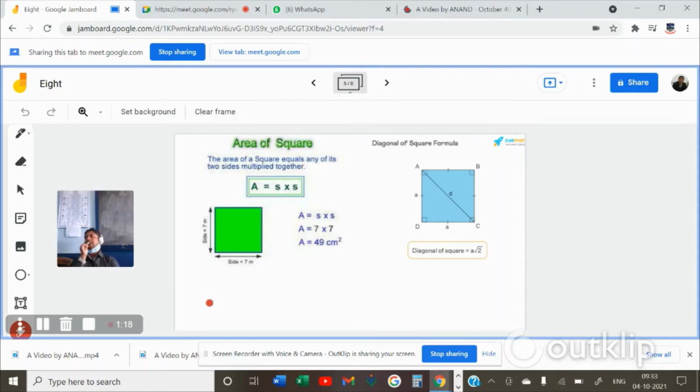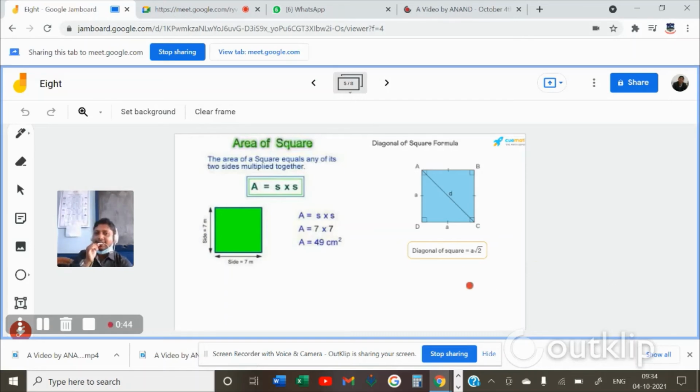How come 7 into 7 is 14? What type of mathematics is this? 49, yes. Swastika, I did not tell you to add it. It is multiplication. See, it is not 7 plus 7. It is 7 into 7. Don't get confused. 7 into 7 is not 14. You just added 7 plus 7. It is 7 into 7 is 49. And I told you this is centimeter, and if this is centimeter, then it becomes centimeter square. Is it clear?